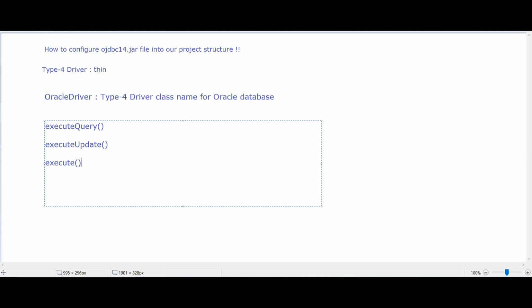Execute query method, you remember, strictly when your requirement is a query. Currently our problem task is a query to retrieve data. I will retrieve the 3 records of the employee_detail table. So if our requirement is a query, I will use the execute query method.